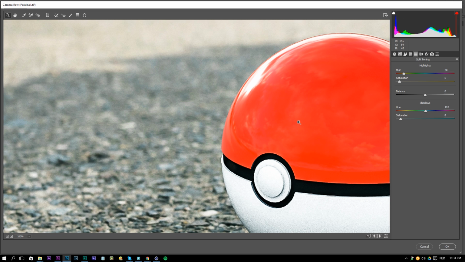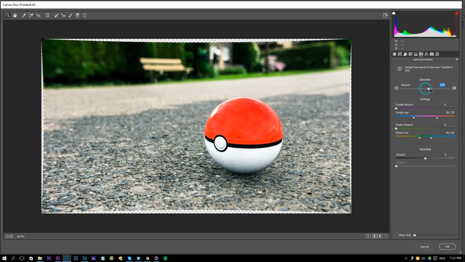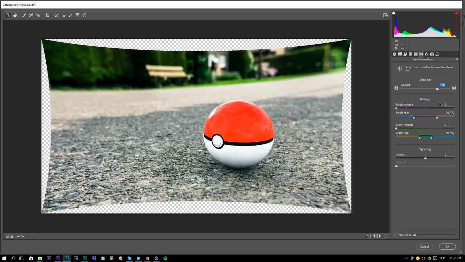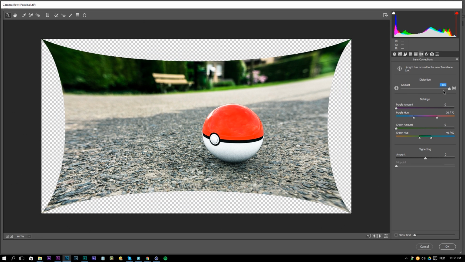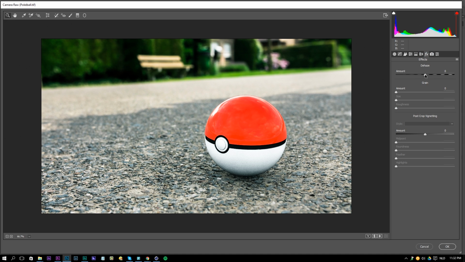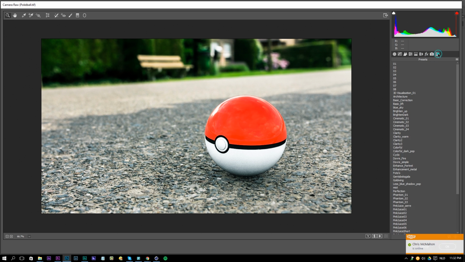I did my sample at medium because it's a lot faster to do, so that's why we can see that my Pokeball isn't perfect. You should go for the physical render and go for a high quality. We can also change the distortion, which sometimes can make your image look like it's more into the scene because it's distorted with the image, but I'm going to keep it at 0 for now. Then the haze, we can add some haze to the scene, like -3 could work. I'm not sure. Don't really like it here, so I'm going to keep it at 0 and just play around with everything.